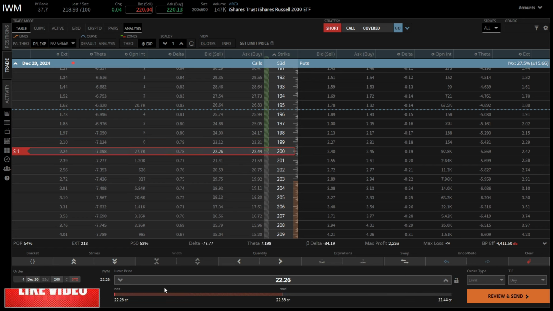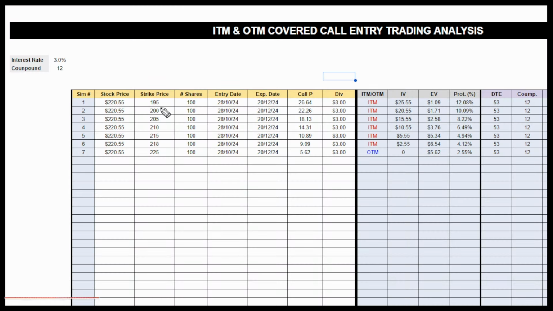$200, okay, we're going to collect $22.26 for the $200 strike price. And if we go back here, this is exactly what I said to you guys, $200, $22.26, and so on. We don't need to go all the way up to this strike price here. I'm just going to show the last one, which is out of the money. But why now? All these strike prices here, which are less than the current stock price, are all the trades that are in the money,